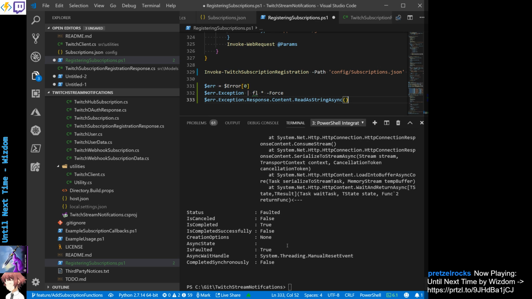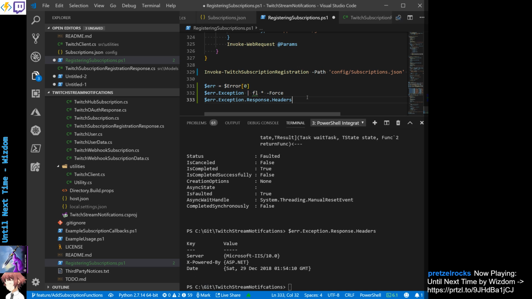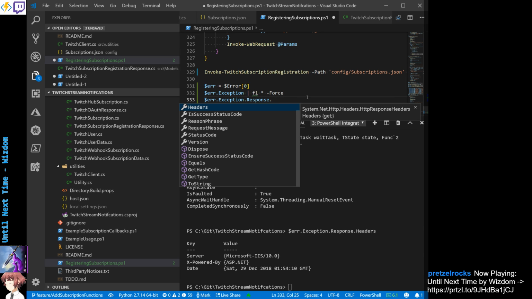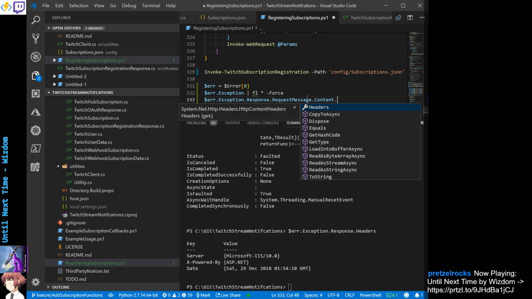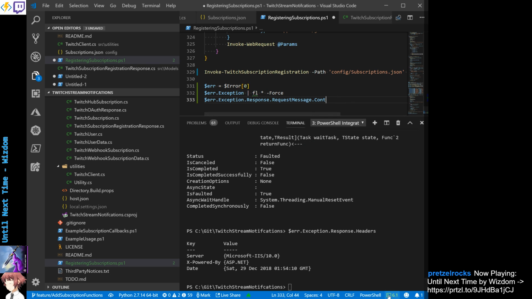Oh, that's the standard thing. Like, it's already tried to read the, there's no good way of doing that. The headers there, the request message dot content dot, it's harder to troubleshoot. I'm going to switch back to